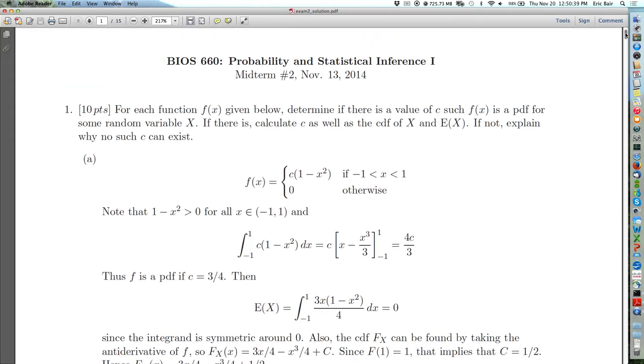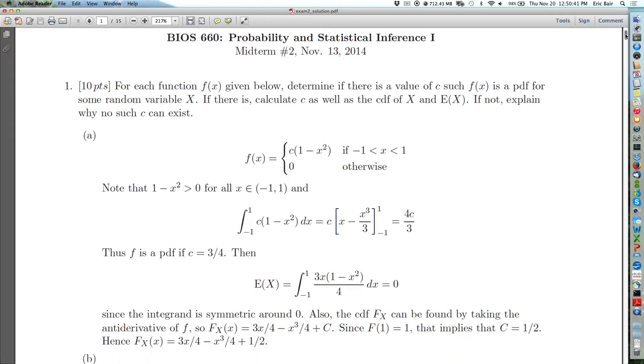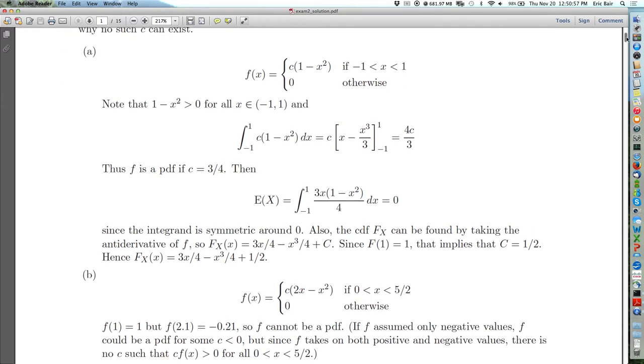Question 1A, for the most part, almost nobody had major problems with it. Vast majority got it right. The few who didn't get it right, it was almost all just basic math slash integration errors. Nothing really conceptual. I mean, the one thing that tripped some people up was when I asked to find the